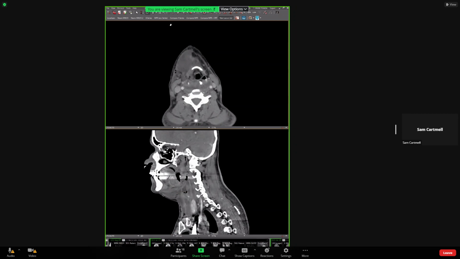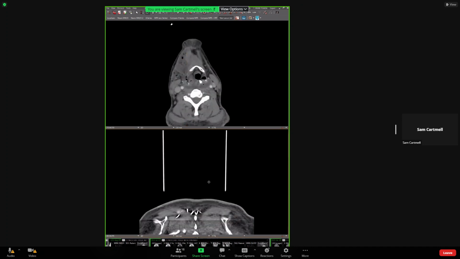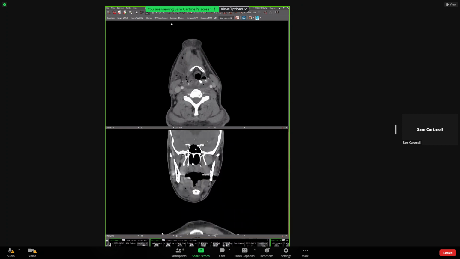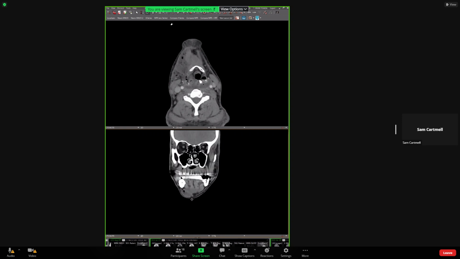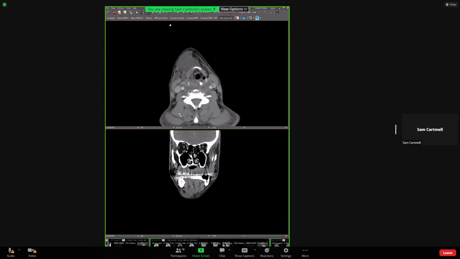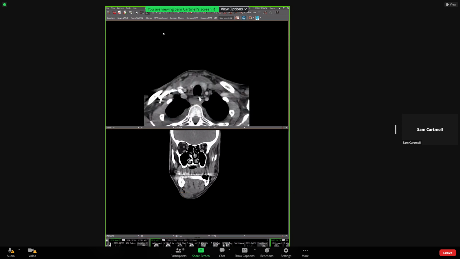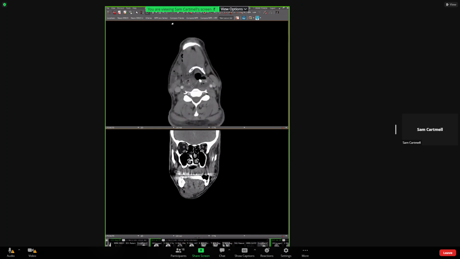But here's a good illustration of the fascial plane. So the superficial border here is the platysma, and then just deep to that is the mylohyoid muscle there, and then you see sort of really blooming of the infection within the submandibular space. But now there's gas, so that's highly suggestive of a fluid collection or a drainable abscess. And actually, if you keep going inferiorly,